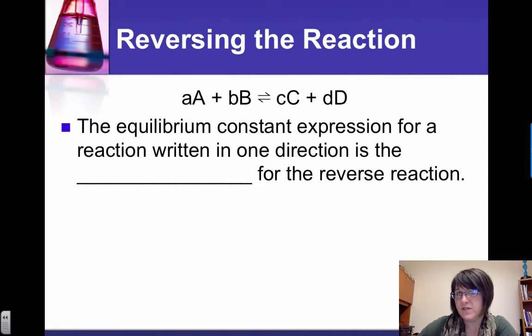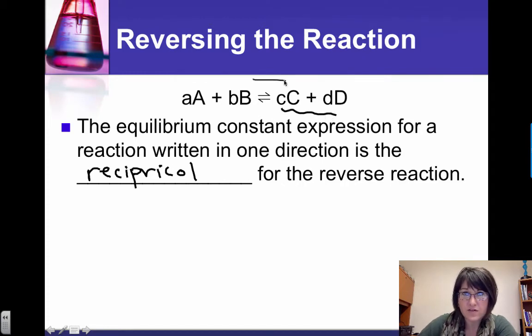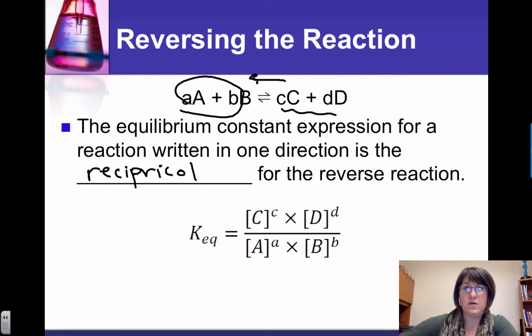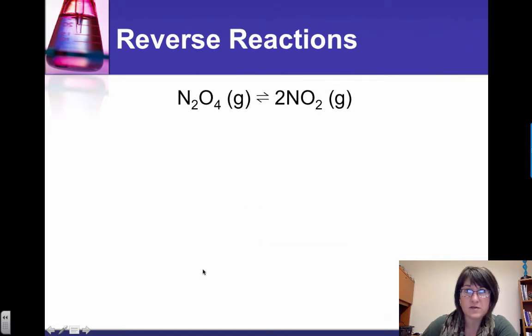If I were to reverse the reaction, then the equilibrium constant would simply be the reciprocal of the forward reaction. Because then I take what was the products that we put on top and I turn it around. If I'm going backwards now, then these are the products, so they go on top. So we just flip it upside down. Your fraction gets inverted. So my equilibrium expression was C to the C and D to the D, but if I turn it around and go backwards,